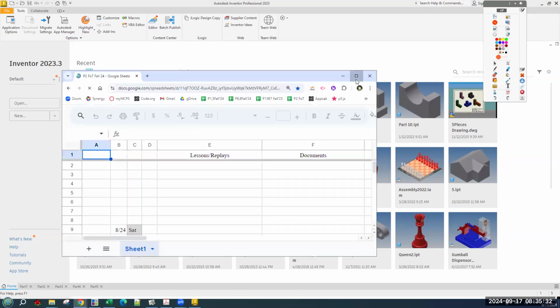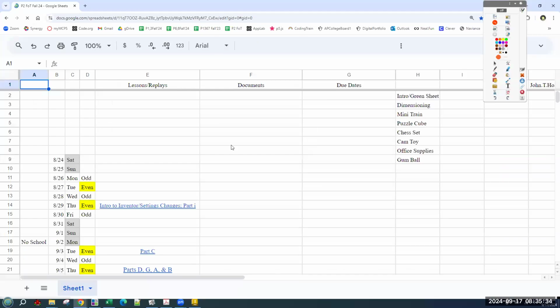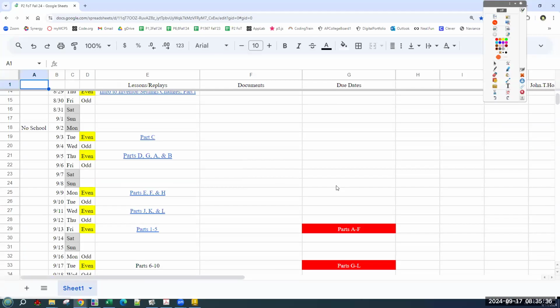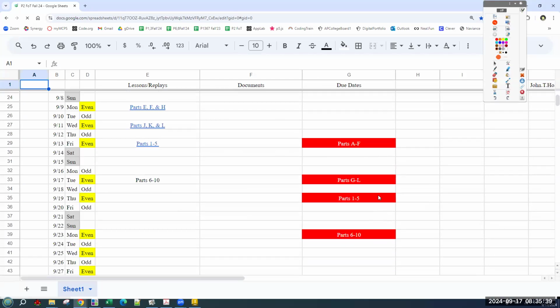Just a quick look at where we're going. I've got due dates spread out like this, which is probably more than sufficient. We did 6 through 10 today. I'm happy with these due dates. The only thing that matters is if you don't have them done by then, we put in zeros, and then it's on you to get back to me. Okay, but other than that, get it done. I'll come around and check things right